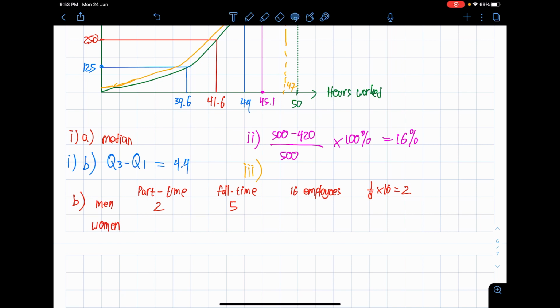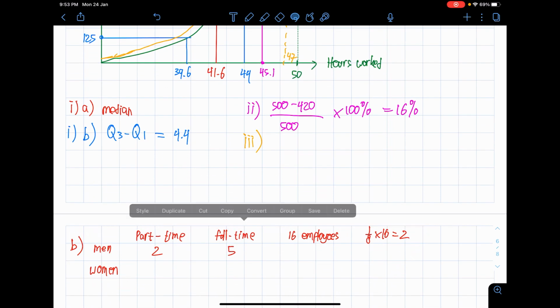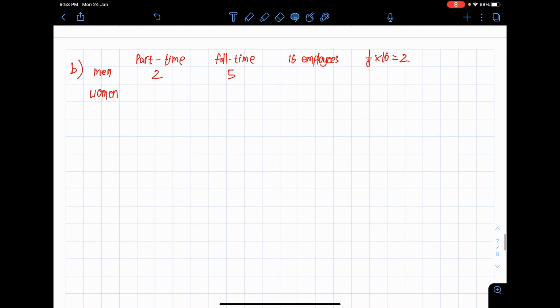And you know what? I think I'm going to need more space, so I'm going to move this. Okay, so now the story says 2 of the 16 employees are taken. The probability that you have women working full-time twice in a row equals 1/8. Okay, for women working full-time, let's call the number X.